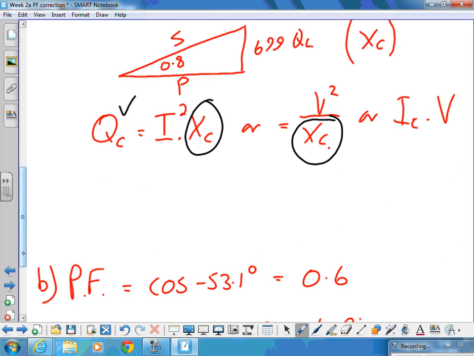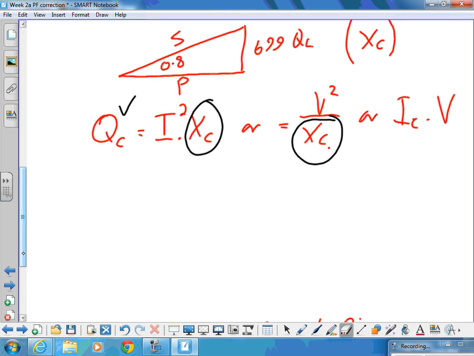That's what working out how to do all these calculations is about. What different formulae do we know to calculate all these things? We need to find one that we can use with what we know. So therefore, if QC is equal to V squared over XC, XC must equal